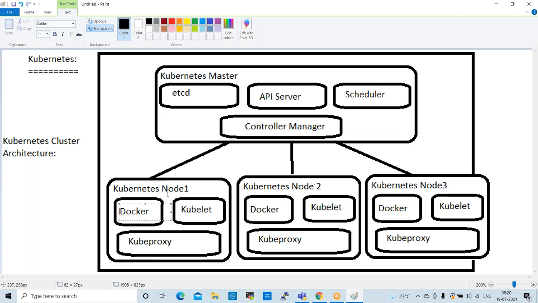If there are any failures, it will inform the controller manager. The controller manager will take the configuration from etcd and start recreating, or start healing. Okay. So the next component here is kube-proxy, the Kubernetes proxy. What is this? It will work at network level.